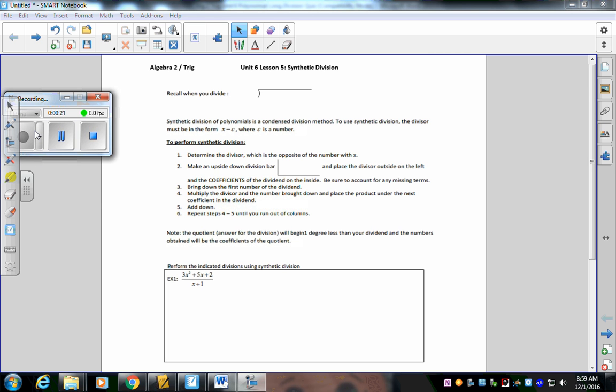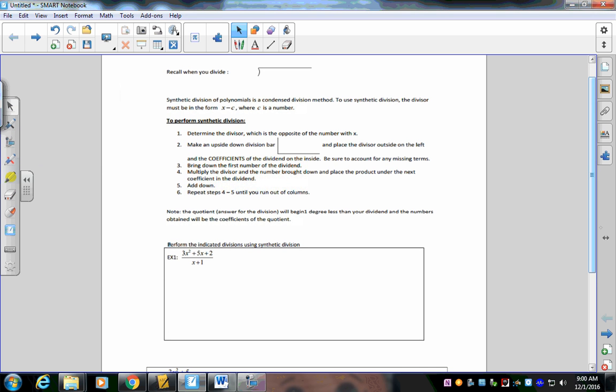Because we want to at least break it down into a quadratic, an x squared, so that we can use those techniques to continue the solving process, okay? So synthetic division is kind of the shorthand to long division. It's a little bit quicker, it's a little bit neater, but it won't work in every situation, so we do need to be able to do both synthetic and long, okay? And I'll talk a little bit about when it's good to use it